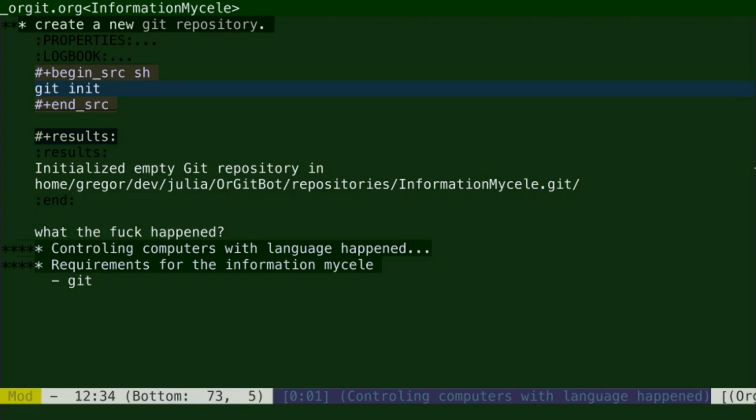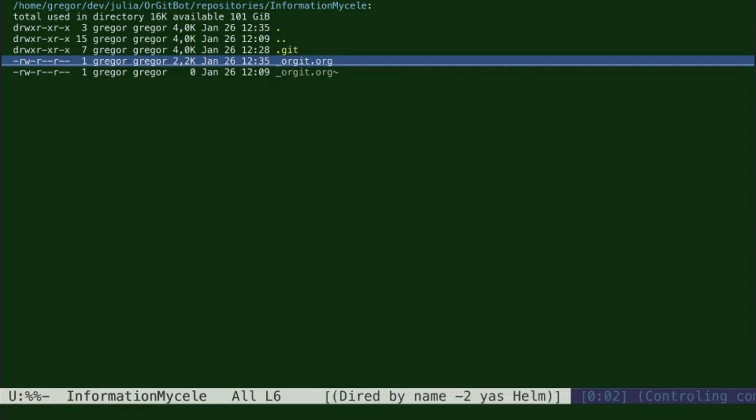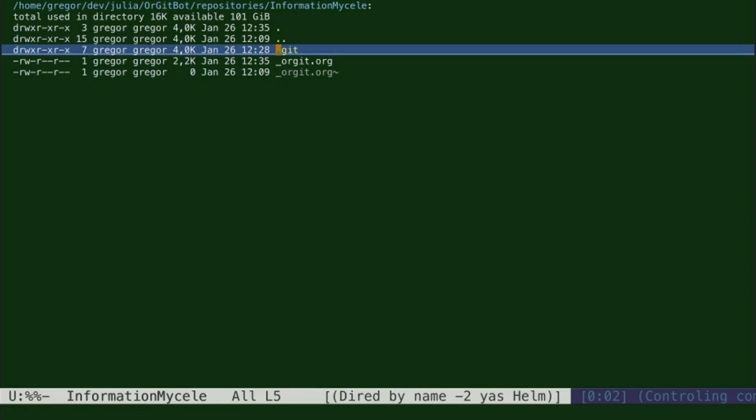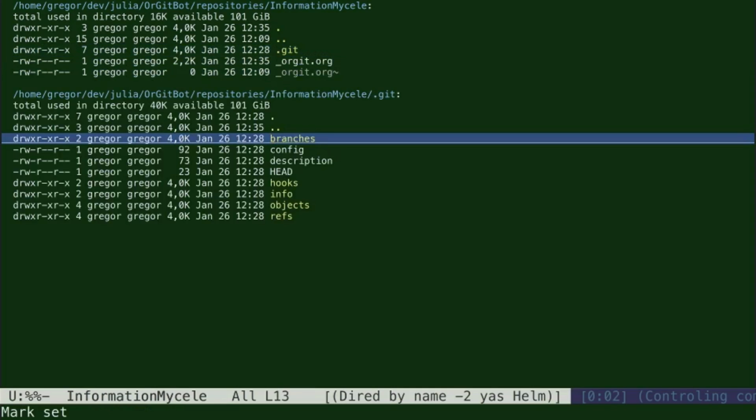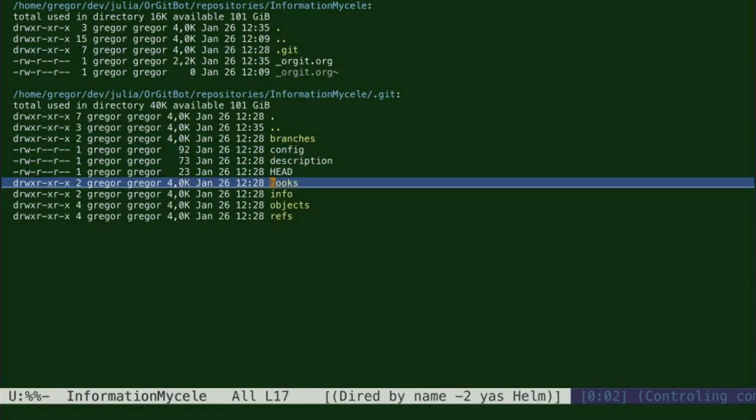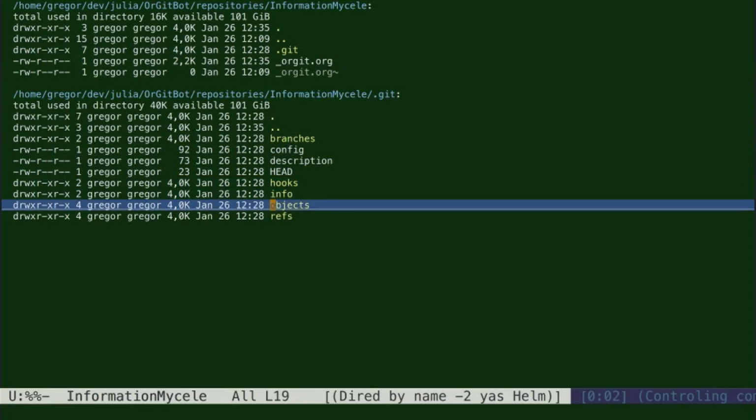But back to the requirements. So Git is the basic requirement. So what is Git? Let's look at the directory.